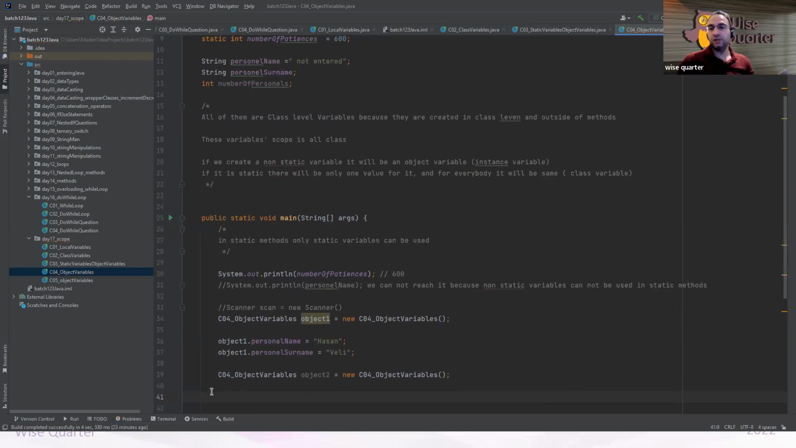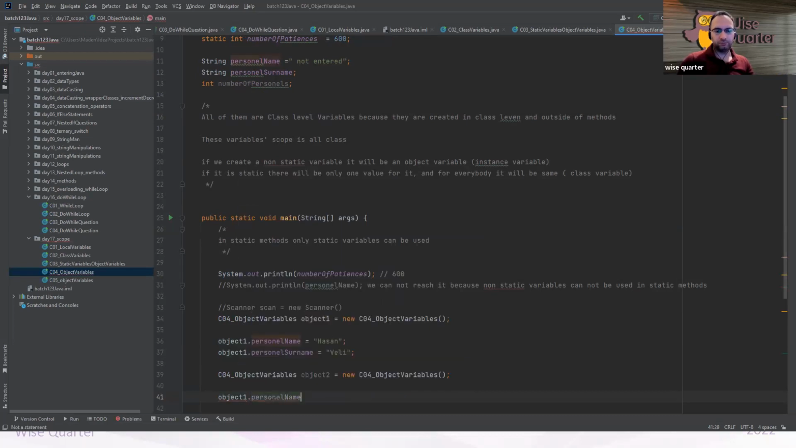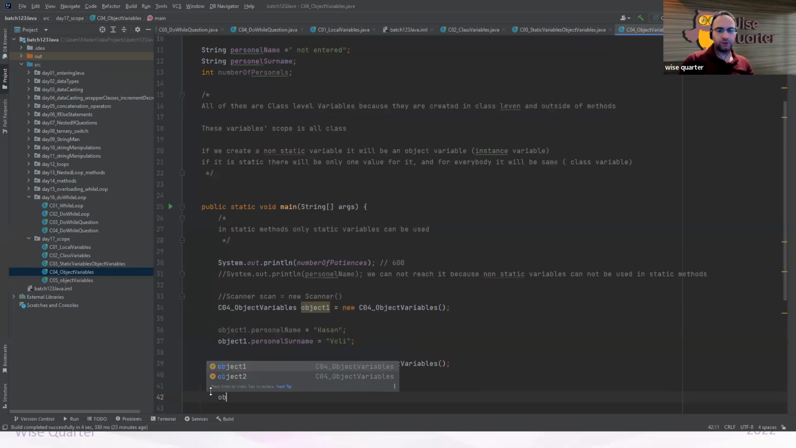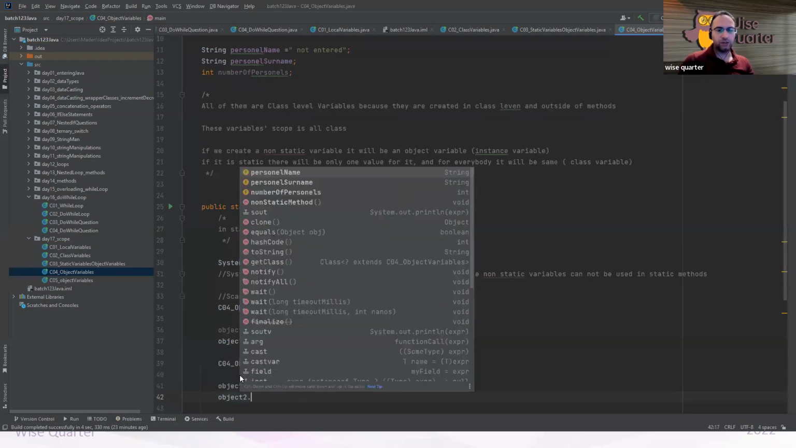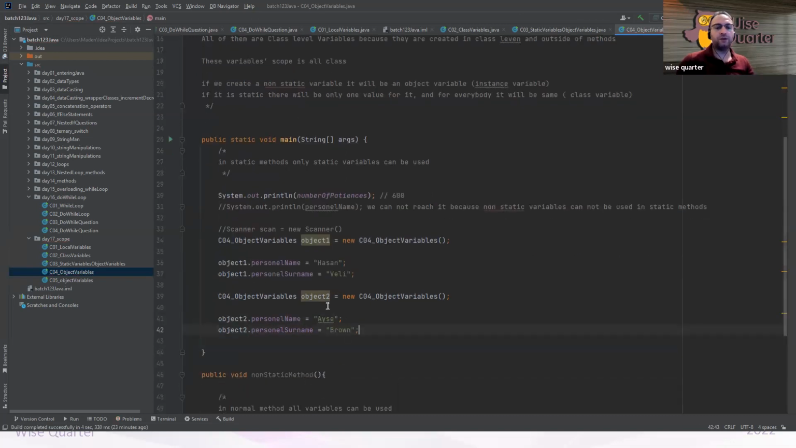Of course, this is another person. Object 2's personal name will be something else: Ayşe. And the surname will be object 2's personal surname will be... wrong. This should be 2. Okay, we have two different objects, and as you can see,